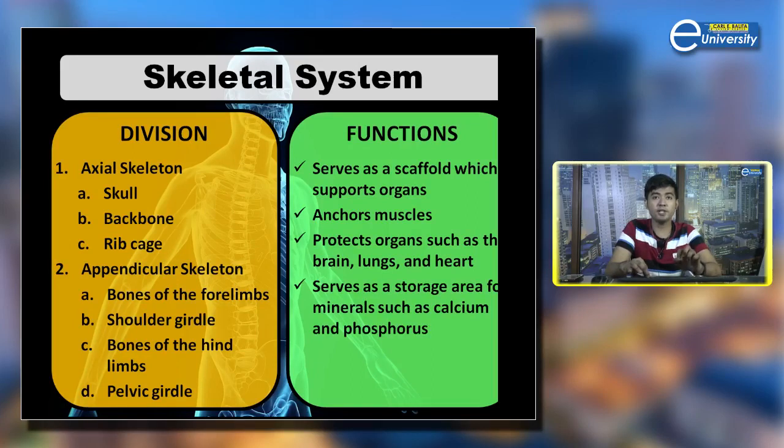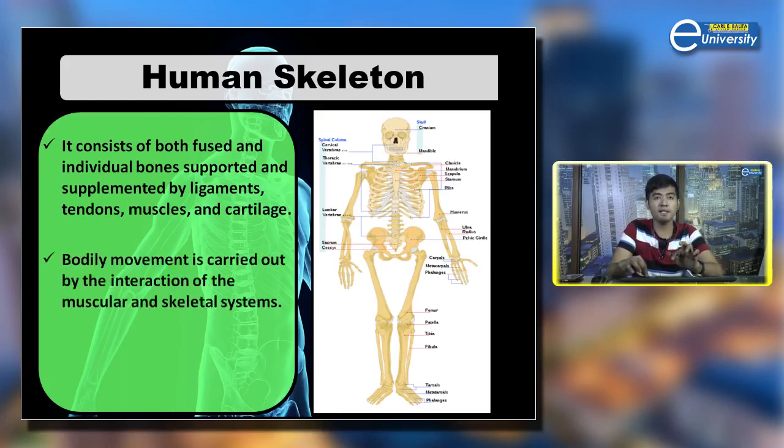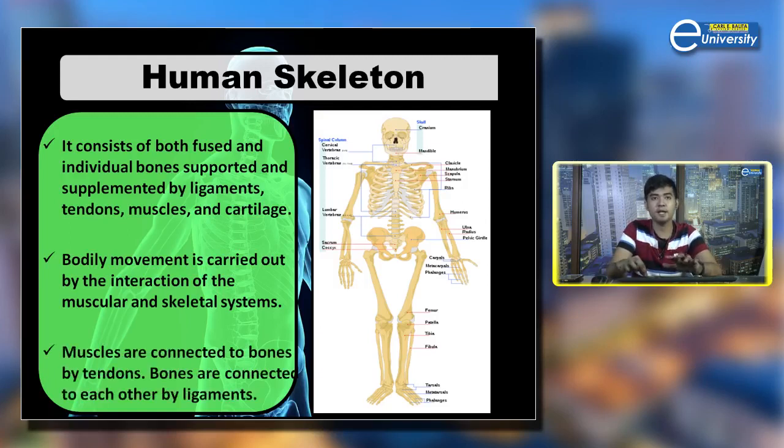Next, it serves as a storage area for minerals such as calcium and phosphorus. The bones, especially the spongy layer of the bone, serve as the storage for calcium and phosphorus. Also, bone is the site of red blood cell synthesis, and that provides blood cells. The human skeleton consists of both fused and individual bones supported and supplemented by ligaments, tendons, muscles, and cartilage. Bodily movement is carried out by the interaction of the muscular and the skeletal system, and muscles